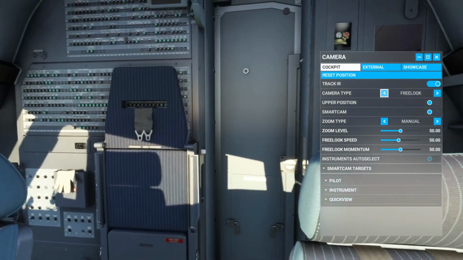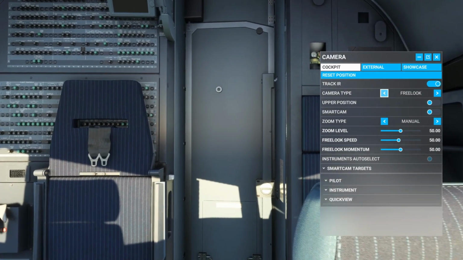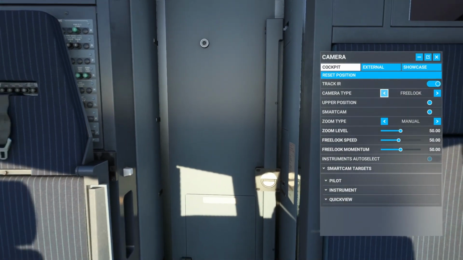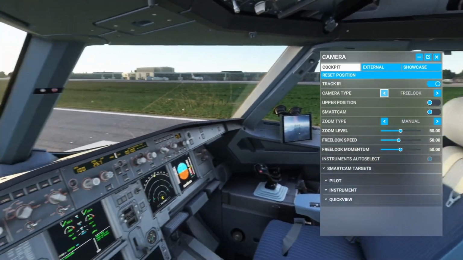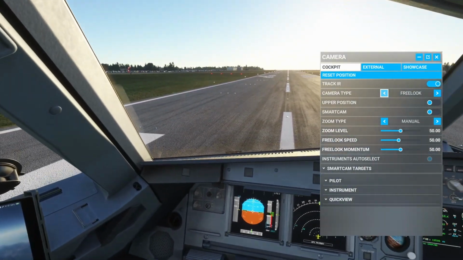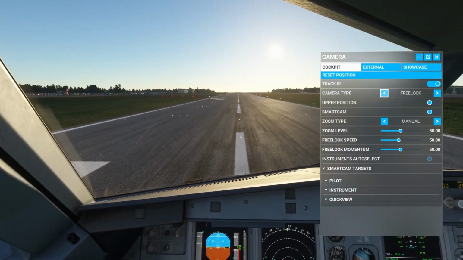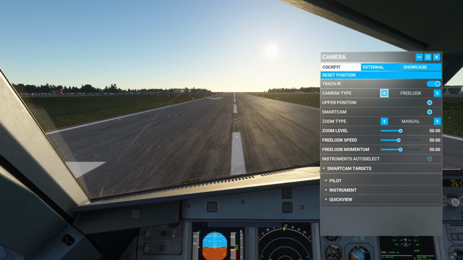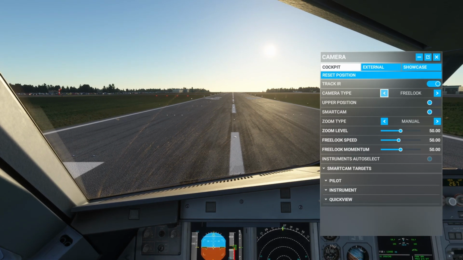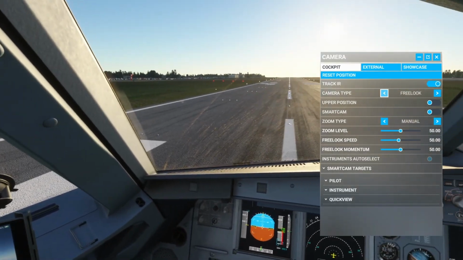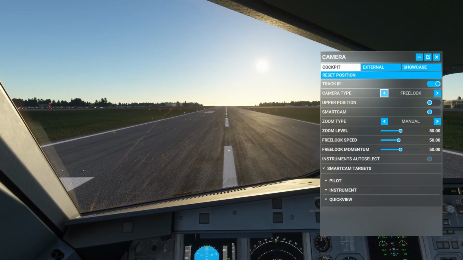Some aircraft, you can open the door here and walk your way back through the plane, but we will show you how to do it the other way. So we're in the Phoenix A320 at the moment, which is an aircraft that I'm quite new at. I've only owned it for about a week. As such, I haven't actually made many camera views yet, so it's a pretty good example for us to use. So we have to trick the simulator to let us outside of the cockpit. So I'm going to show you how to do that now. So what you'll need to do is shut down the sim,